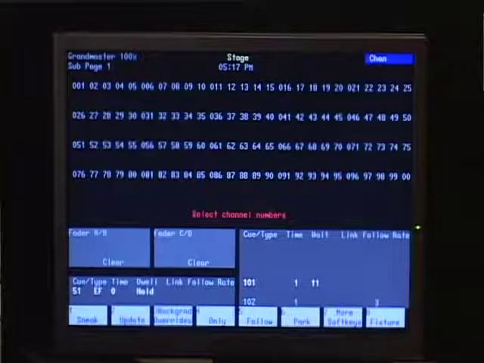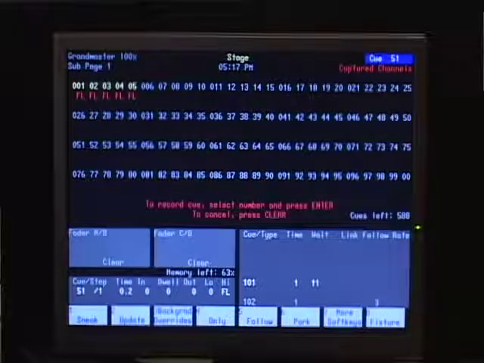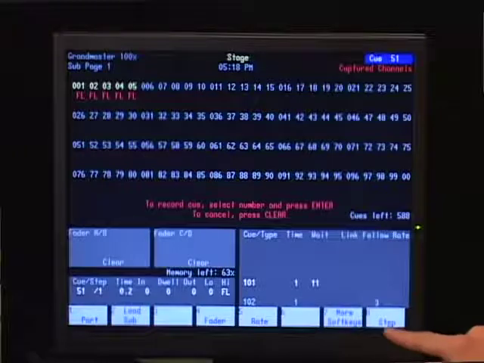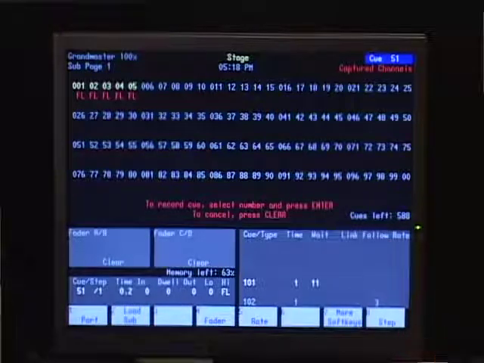Now I can go back to my stage display and I can start to build the steps of that effect. I'm going to do something really simple. I'm going to pick channels 1 through 5 at full, and now what I can do is I can record cue 51, and now I have a soft key that will be available to me. I'm going to hit more soft keys 2 times. I think it's on the 3rd page, and soft key 8 is a soft key called step,